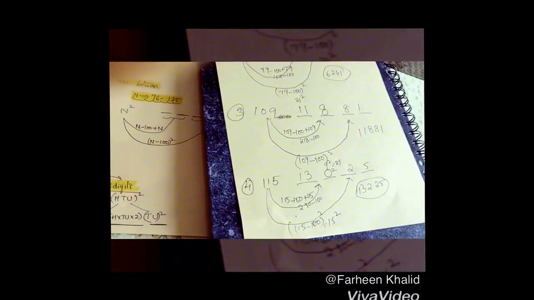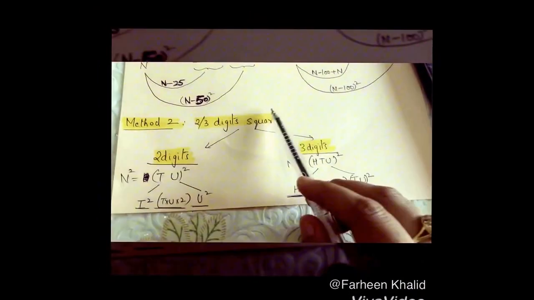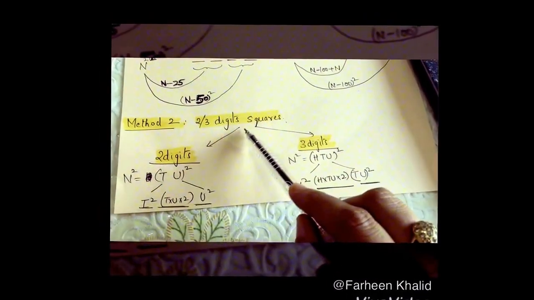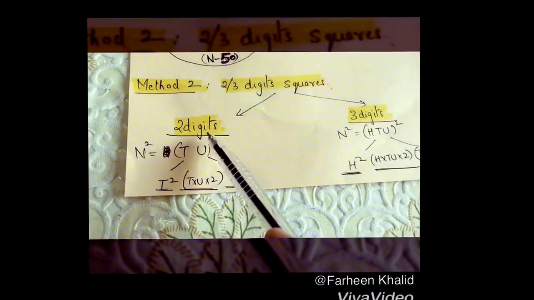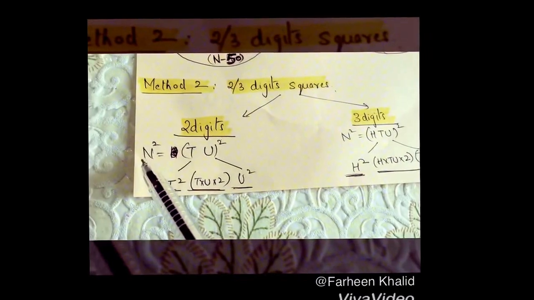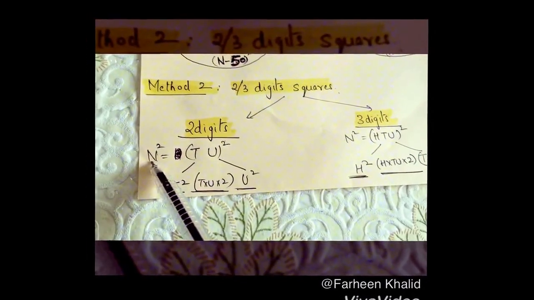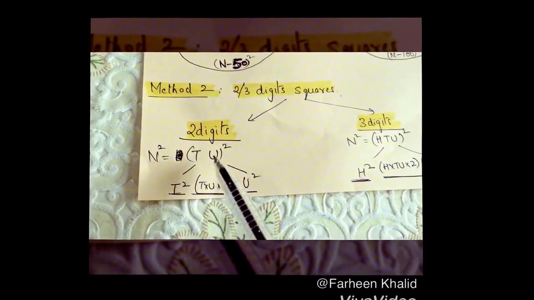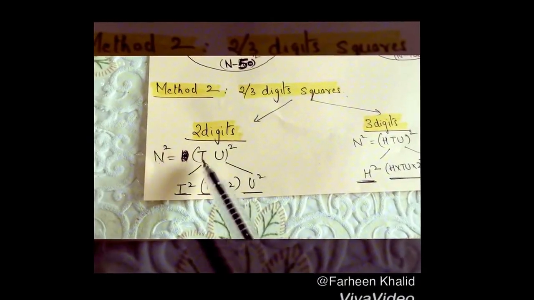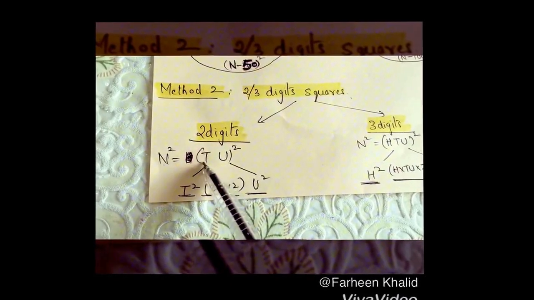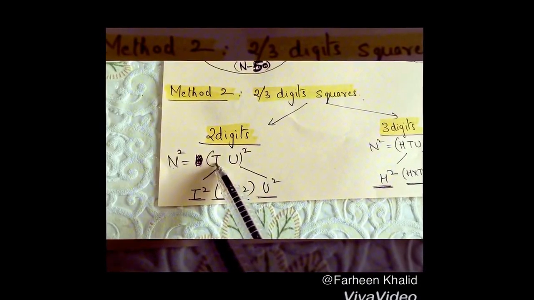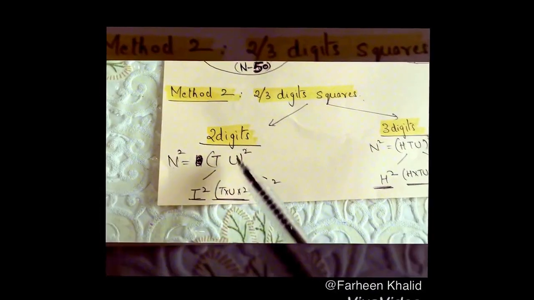Now let's go and see the second method. Our second method says that you can square 2 and 3-digit numbers using this method. So first we find out the squares for 2-digit numbers. If you have a number n, and you have to find the square of it, we can assume n is a 2-digit number, with the tens place and the units place. So if this is the representation of that number, (t u) the whole square, then what we do